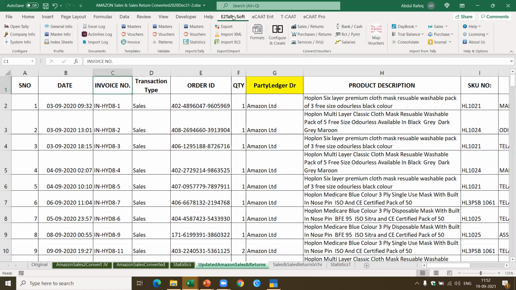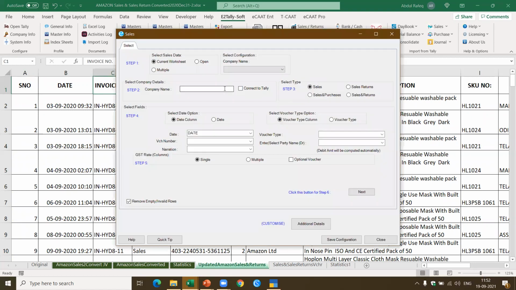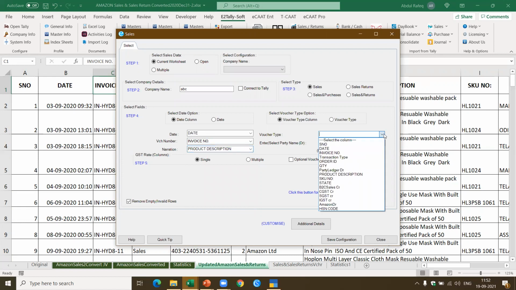Now let's see how to do the conversion. I come to eTallysoft. I use the feature sales or returns. Here, for the voucher number, I can give the same voucher number. I can give the invoice number itself. For the narration, I can give the product description. Then I have the voucher type, which is the